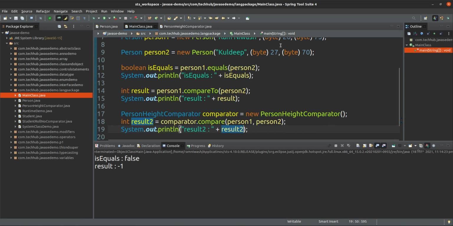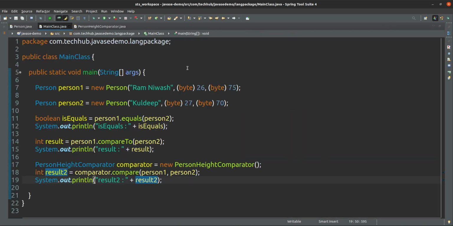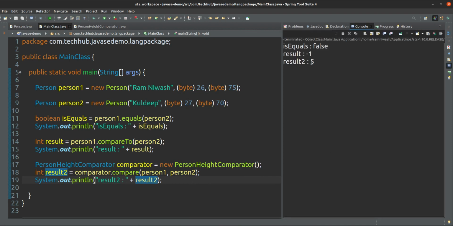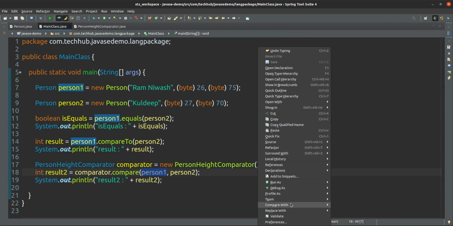So now if I run this one, you will see the output, what difference you will get. See, 5 means plus, it means the difference of height is 5 centimeter. It means that it is a positive value. If it is a positive value, then you can say that person 1 is higher than person 2.